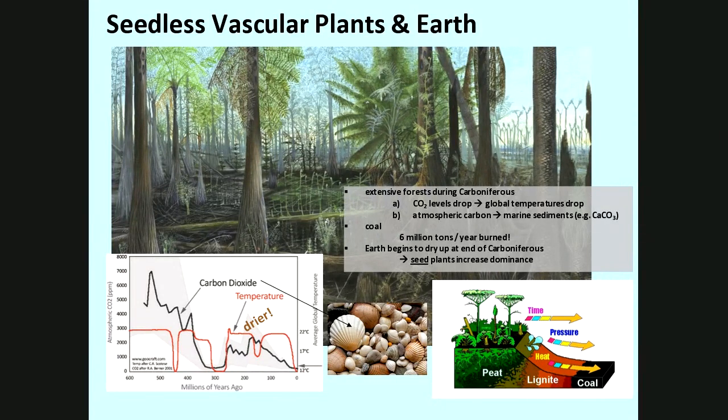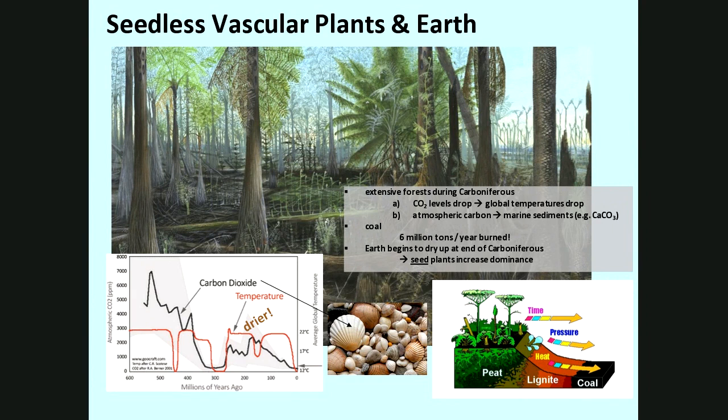In addition to that, there was a massive diversification of marine organisms, especially those that have things like shells, like you see in the picture down below, and they need a lot of calcium carbonate. Remember I talked about calcium carbonate? You find it in the exoskeleton of corals, and you find it in the shells of scallops and oysters, and that's a very common structural element in the ocean. So a lot of the atmospheric carbon was being removed into the ocean. These ocean organisms were sucking up this atmospheric carbon to make this calcium carbonate in order to produce all these shells. So we started getting this cooling off, and so the plants begin to die.